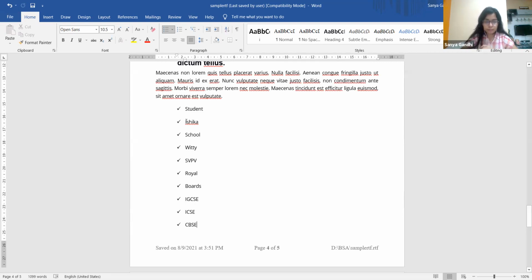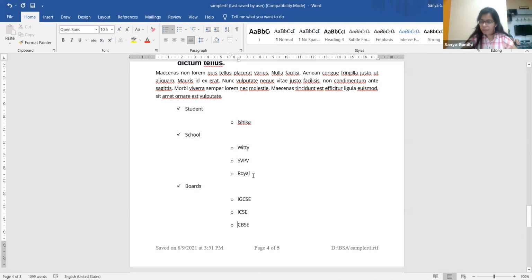How can we do that? What I'll do is go to Ishika, create a tab. Go to Witty, tab, SVPV, tab, Royal, tab. In boards, I will tab IGCSE, ICSE, and CBSE.